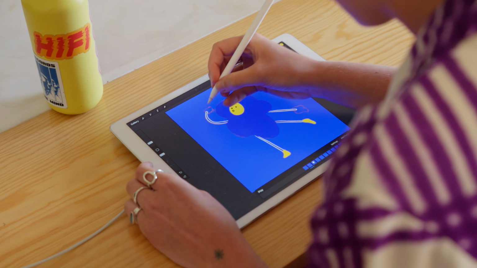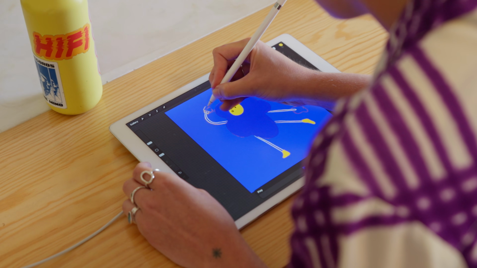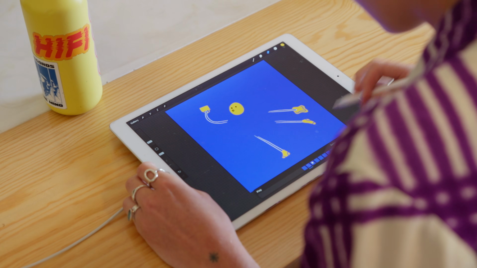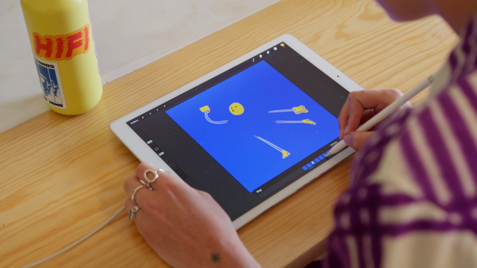So this first frame is kind of like a style frame. We're just testing out how this egg is actually going to look. All right, so those details are looking pretty good to me. We've got these separated onto our two layers.